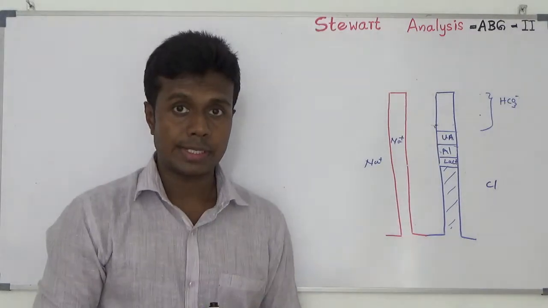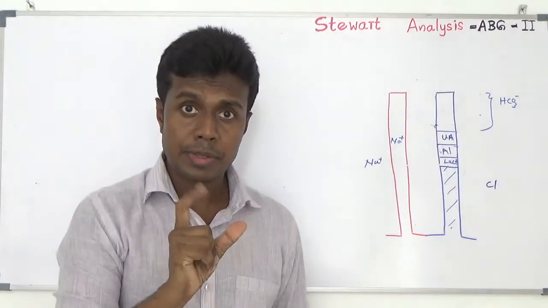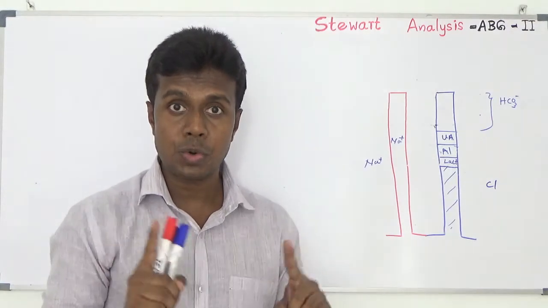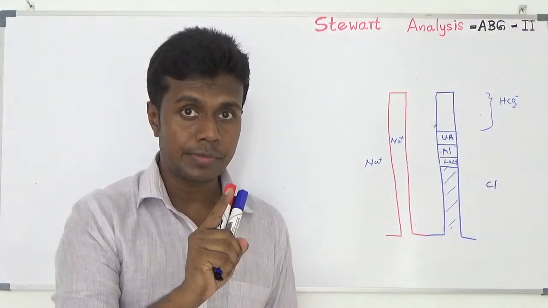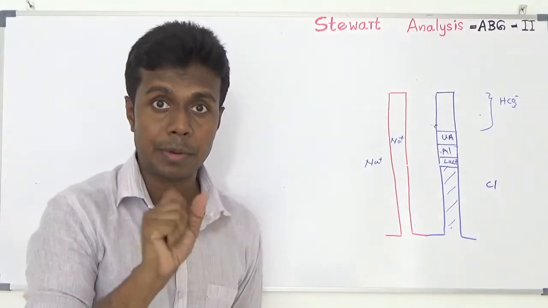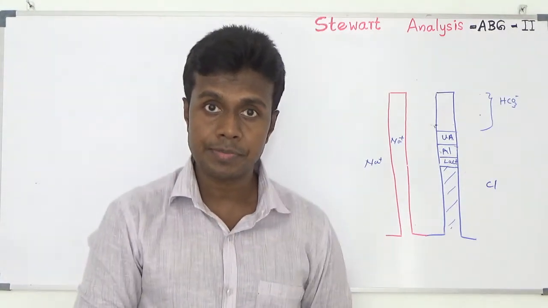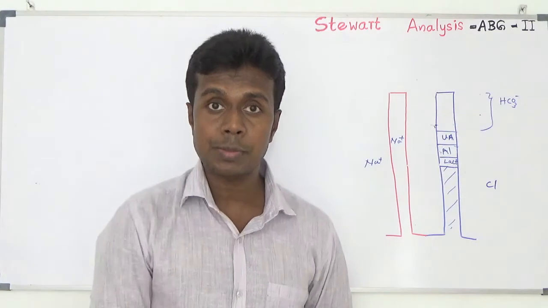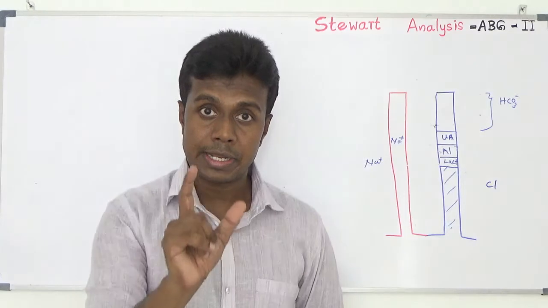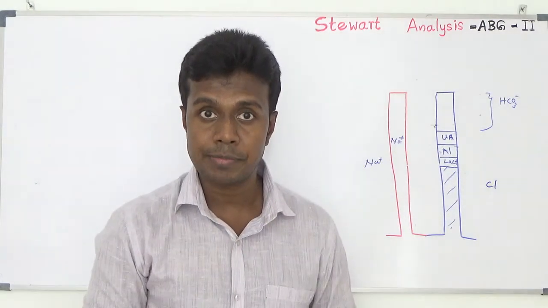Today I am going to analyze a blood sample according to the Stewart method. If you remember, base excess means the amount of strong acid or strong base you need to add into your blood sample in order to bring the blood sample pH to 7.4. Blood sample temperature should be 37, and partial pressure of carbon dioxide should be 40 mmHg. Within that definition they mention strong acid or strong base.